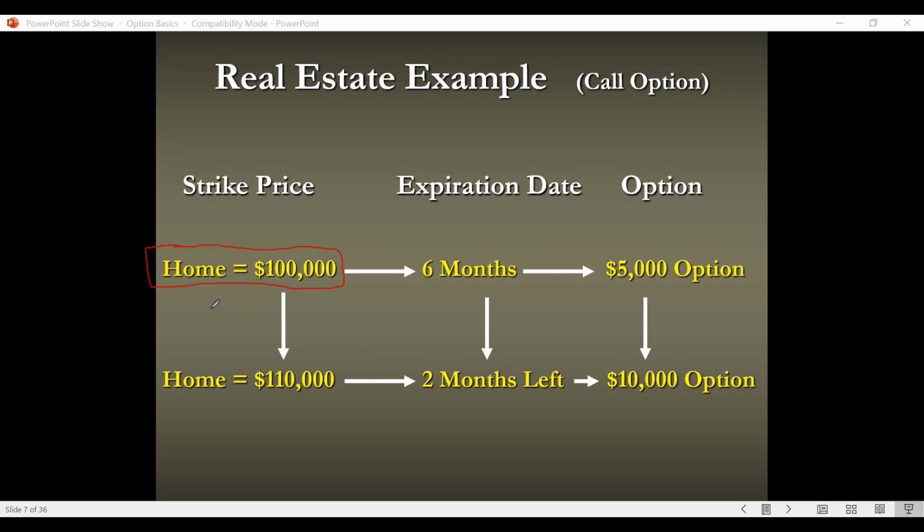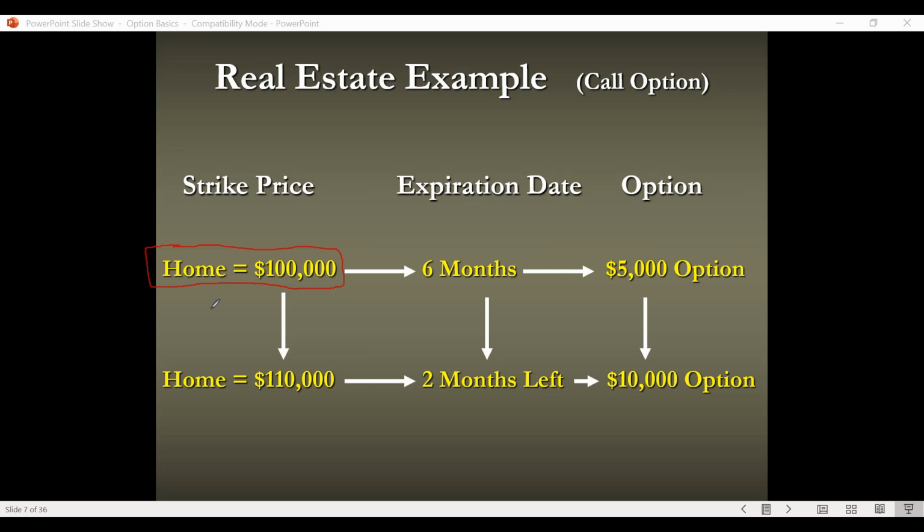Well, how many of you are going to do that deal? How many are going to make that agreement? Hopefully none of you will, because that benefits me in this case, because I'm going to be the option buyer here. It doesn't benefit you in any way. So you say, no, that's not a good deal for me. We've got to find a way to make this a good deal for both of us.